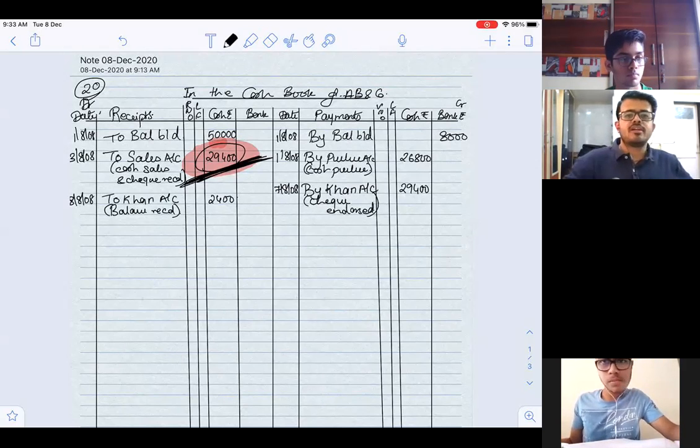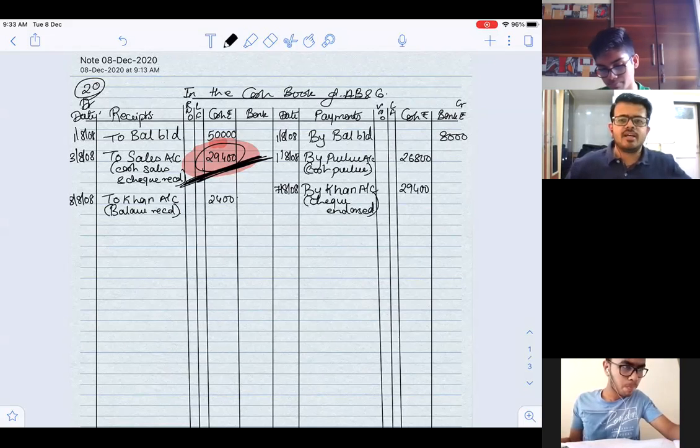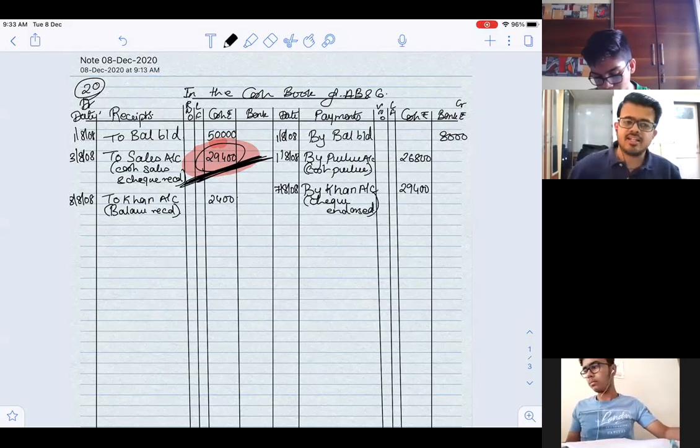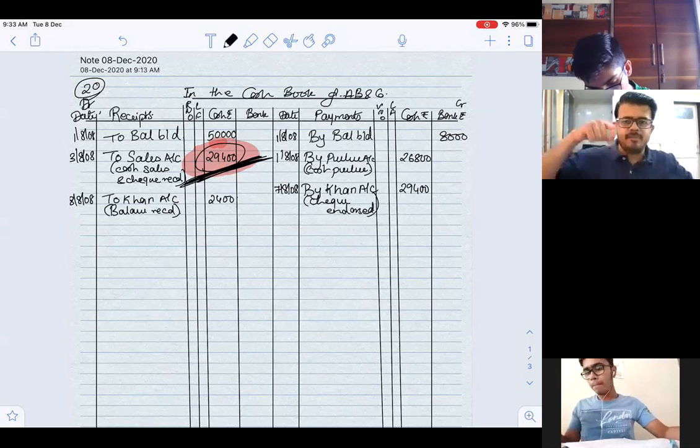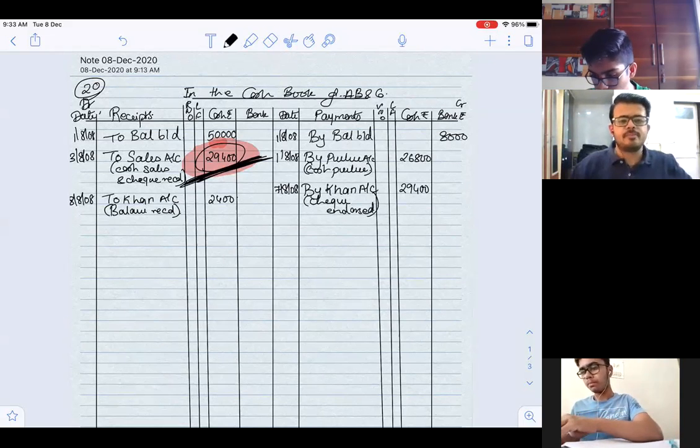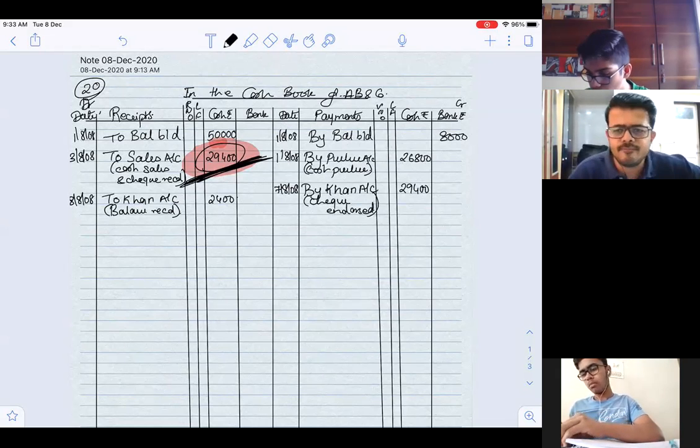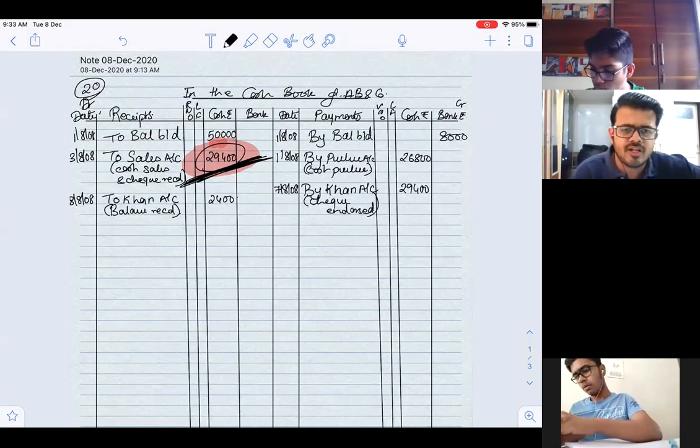So ये चक्कर क्लियर है सबको? खान से परचेज किया, विनोद को सेल किया, विनोद से पैसा आया, खान को पैसा दिया, ज्यादा दे दिया, वो खान gave us the excess money back. At this very point of time, are we supposed to pay or receive anything to anyone? Either Vinod or Khan? Nothing, right? So both the accounts are settled as of now. But दुर्भाग्यवश